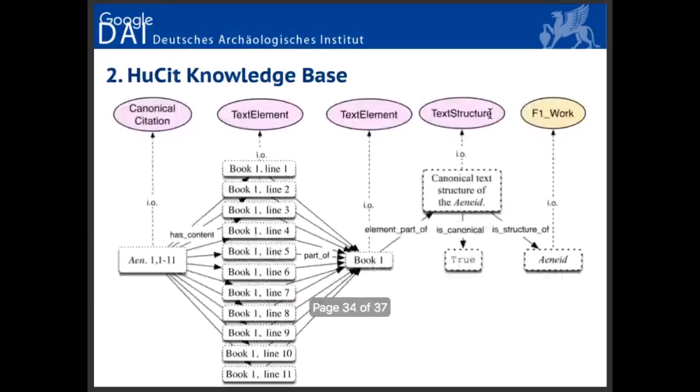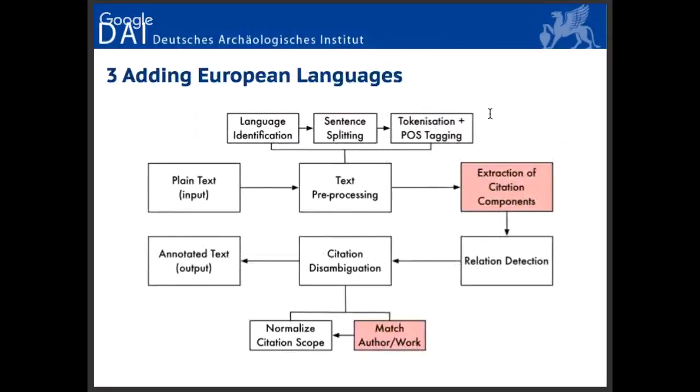I will skip these diagrams about the ontology. If you want to do the third scenario, which is adding more languages, so extracting canonical references from more languages, things become a bit more difficult. To have more European languages, in addition to those that I have, it's not too complicated. Most of them are covered by the part-of-speech tagger anyway, which is a very important part of my pipeline. You just need to adjust a bit the knowledge base, so the bits highlighted in red, and some dictionaries of abbreviations that are passed to the system.